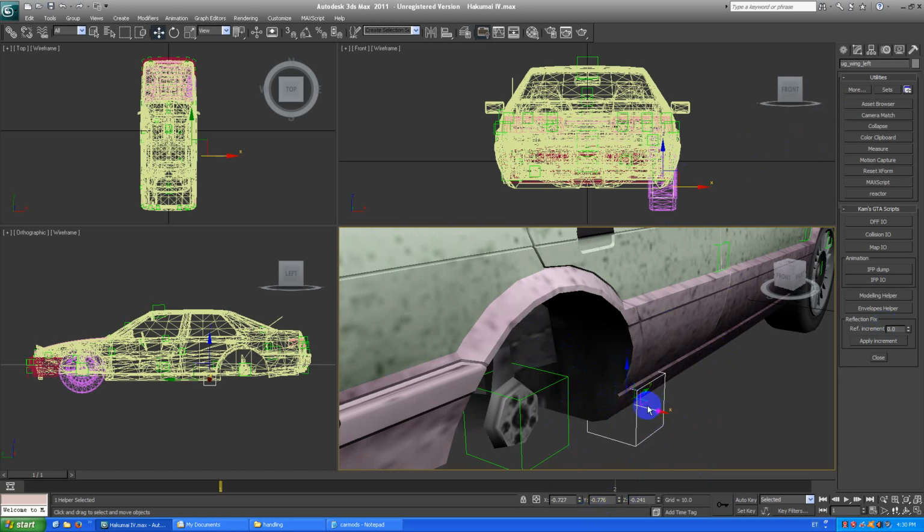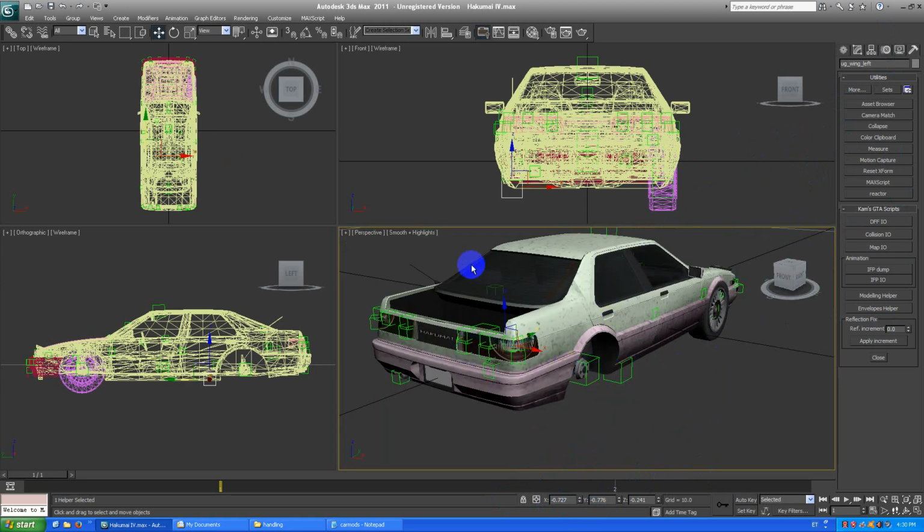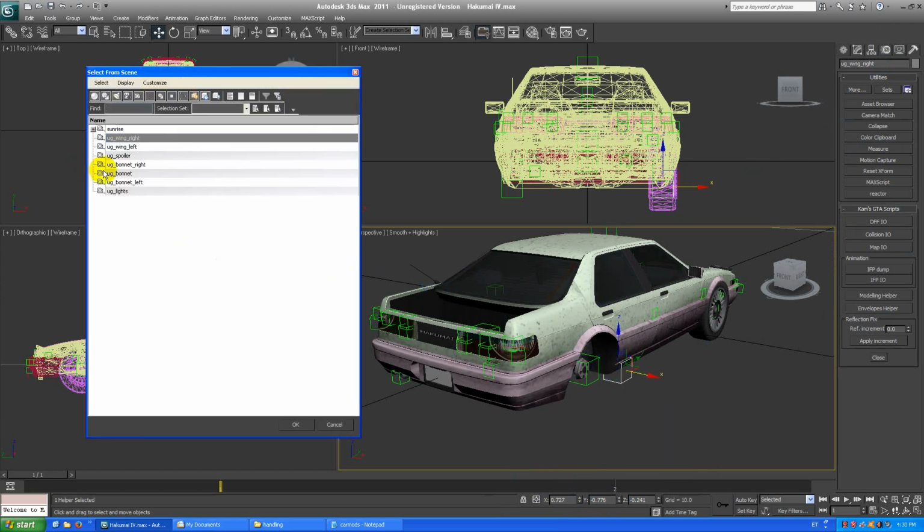Now what we want to do is select only the left dummy, and change the first coordinate to the left side. So just put the minus in front. And now the left dummy is at the left of the car, and the right dummy is here at the right of the car. And same thing again. Unlink, link,